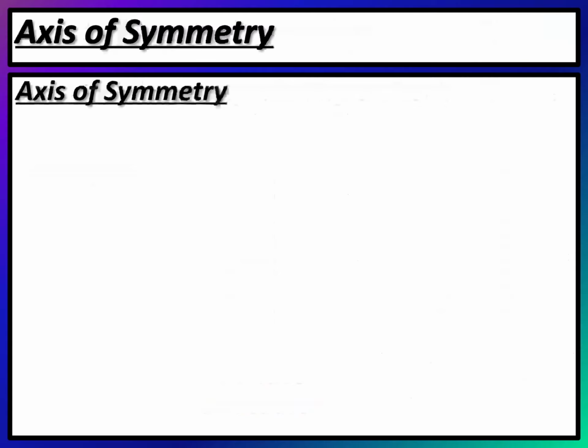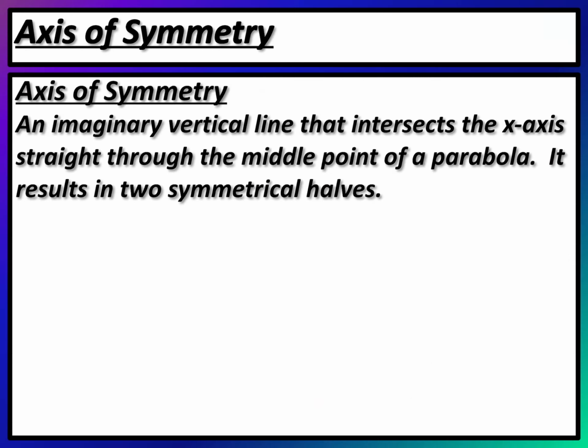So the next characteristic of a parabola is called the axis of symmetry. So the axis of symmetry is an imaginary vertical line that intersects the x-axis through the middle point of the parabola, and it creates two symmetrical halves, hence axis of symmetry. Now if it's a vertical line, we've studied vertical lines a lot so far this year. A vertical line has an equation of x equals a number,